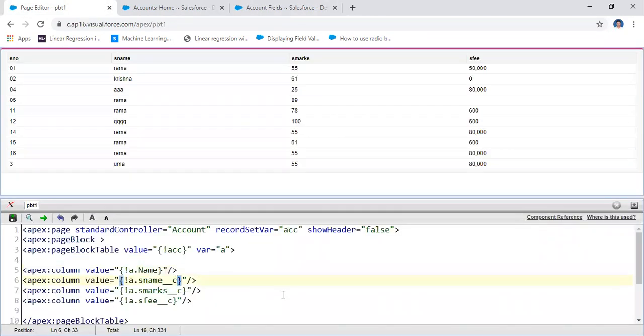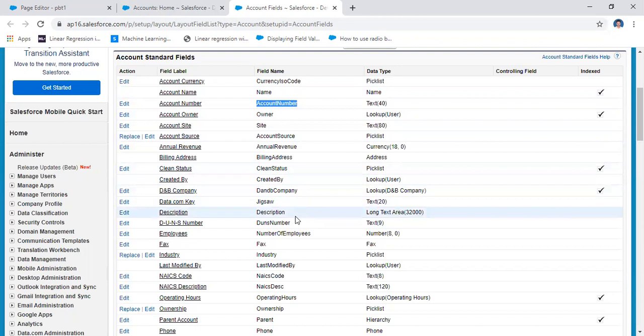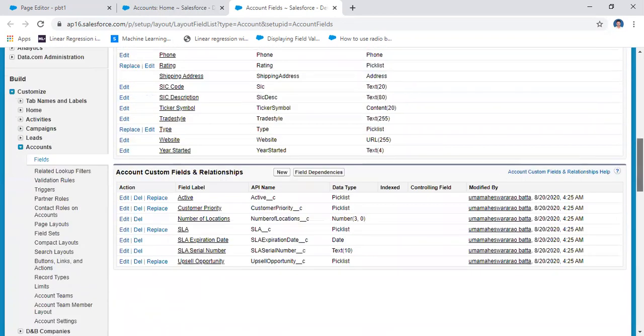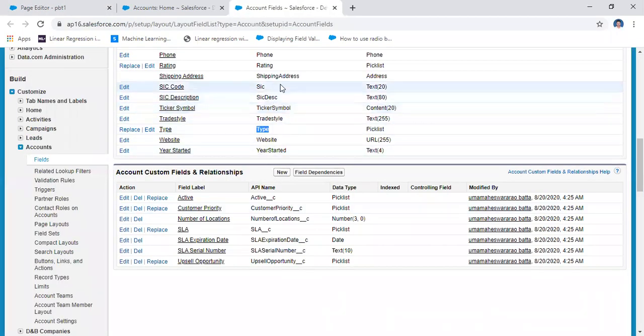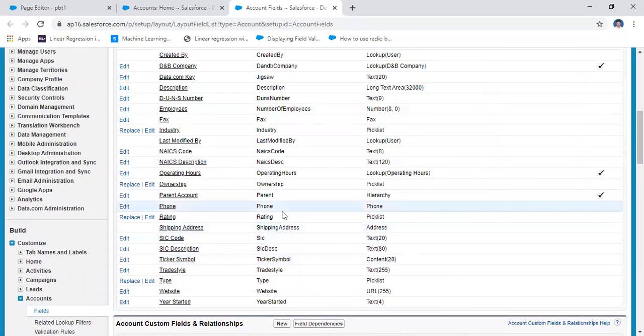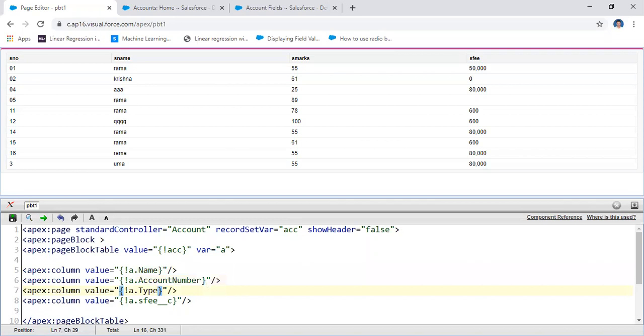Instead of writing this information, a dot account number, and then the other one here is the type of the account. The type of the account also I required. For example, another information I required is phone number. Why I'm copying and pasting here is in order to eliminate errors.